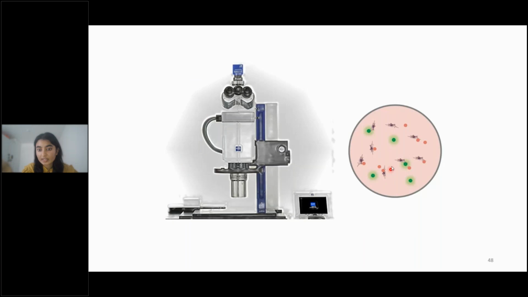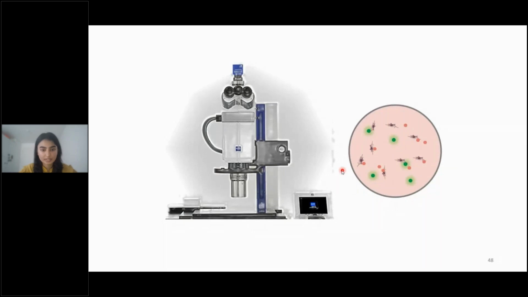Now you can see this, because you have added the GFP also, right? So you can see which cells have taken the plasmid. Now, positive also, what does it mean? There can be cells which haven't taken up the CRISPR-Cas plasmid at all, but have only taken up GFP. So even these cells are useless, right? We want cells to take up the Cas9 plasmid, because if the Cas9 plasmid is not taken up by the cell, then the CRISPR-Cas protein complex wouldn't be formed. And if the complex is not formed, then there will be no chopping of the DNA inside the cell. So we don't want this false positive.